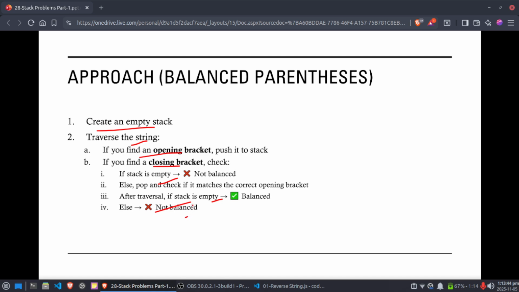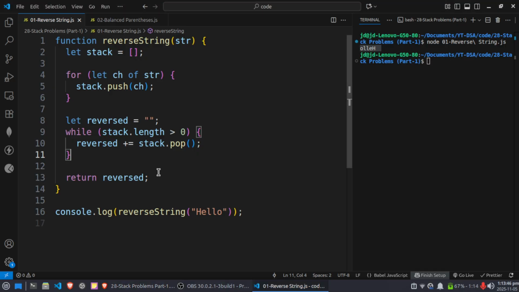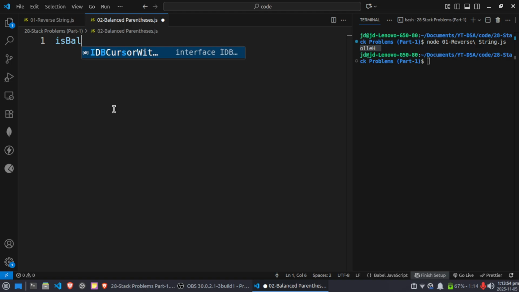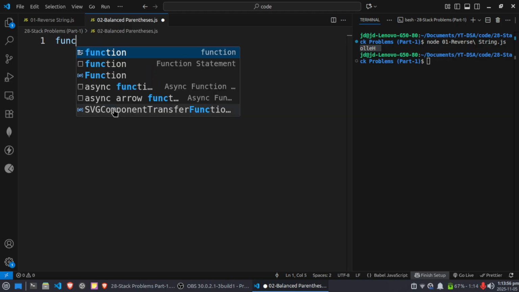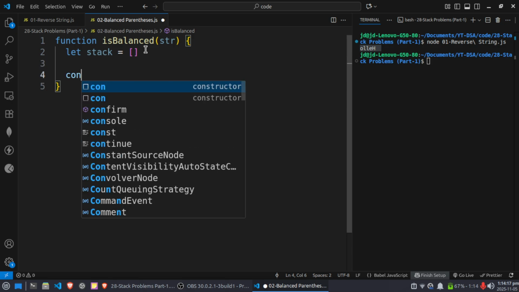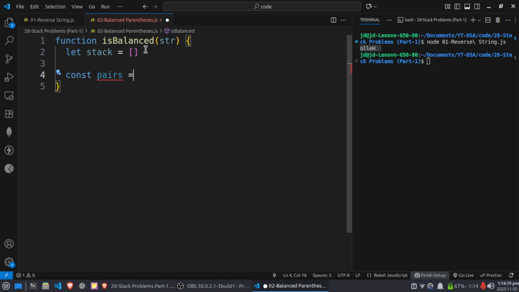So now that's it. Let's move to VS Code and write the code for this. So here first write a function isBalanced, and it takes a string str. So first we have to make a stack. Let stack is equal to an empty array, and const pairs is equal to